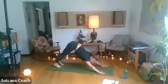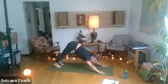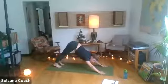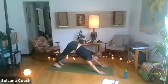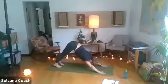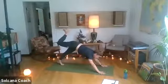2 more breaths here in our down dog. Really nice, deep inhales and exhales. And inhale, our right leg's gonna reach up towards the ceiling any amount, and then we're gonna step that right